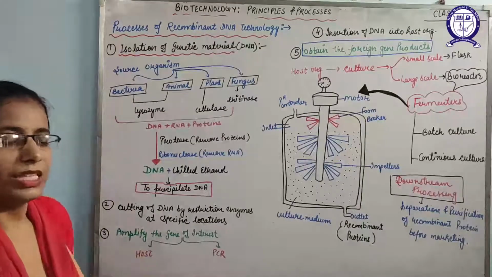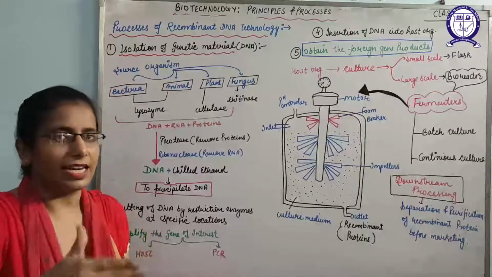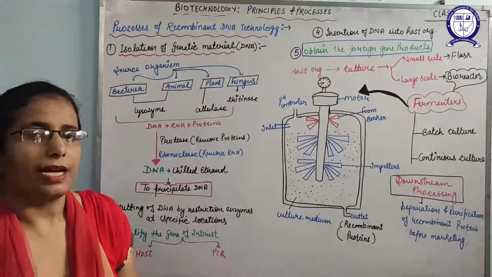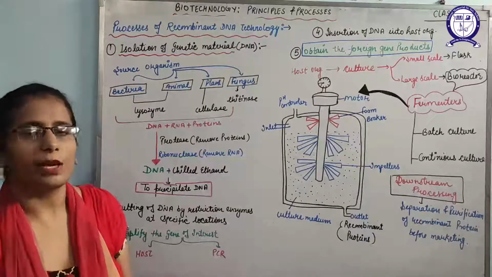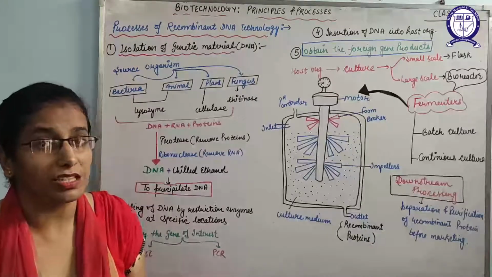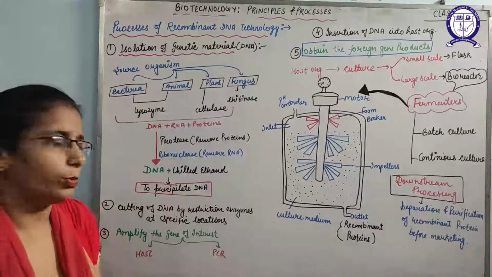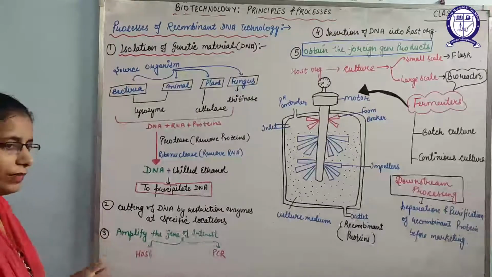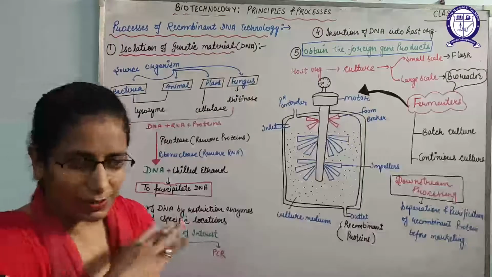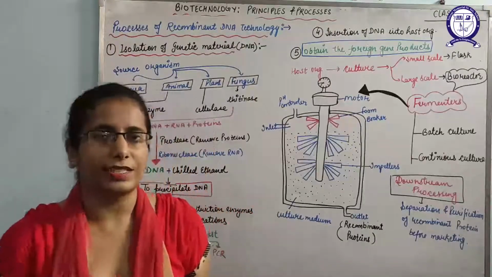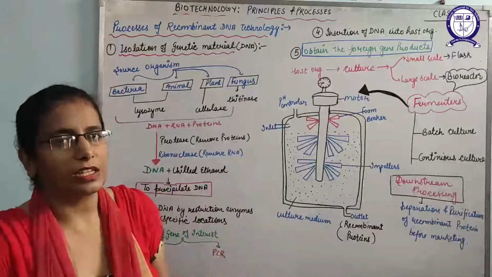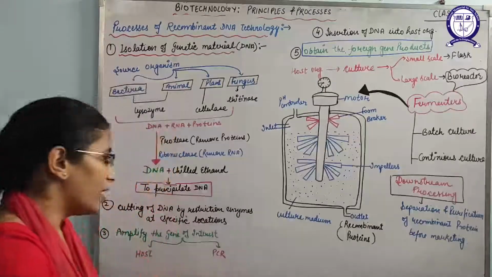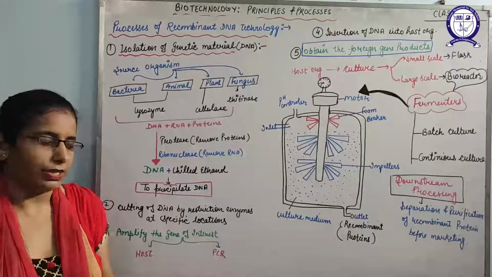The next step is to cut the DNA at specific locations, and that is done by the restriction enzymes, because restriction enzymes only cut the palindromic or specific sequence at specific points. Third, if we obtain fragments or DNAs of different sizes, then we will do gel electrophoresis to take out the specific DNA fragment. After that, we obtain the fragment.